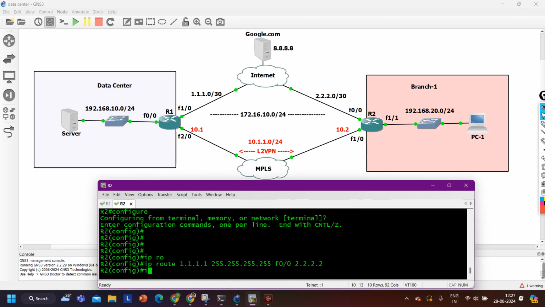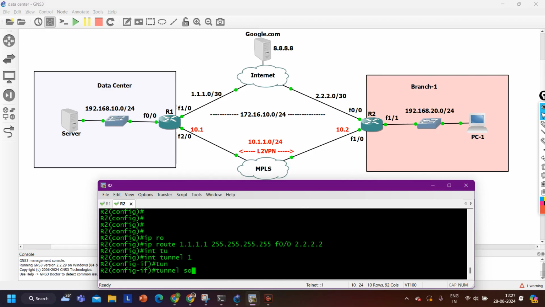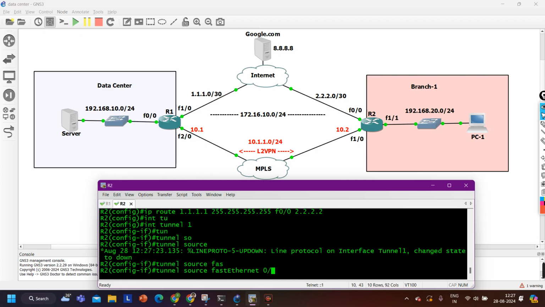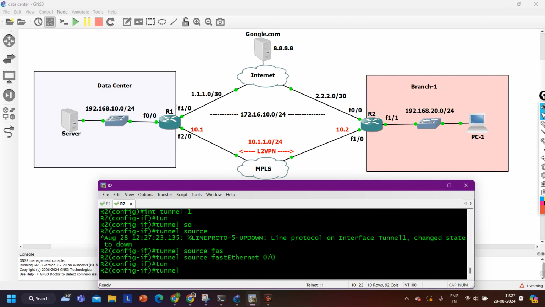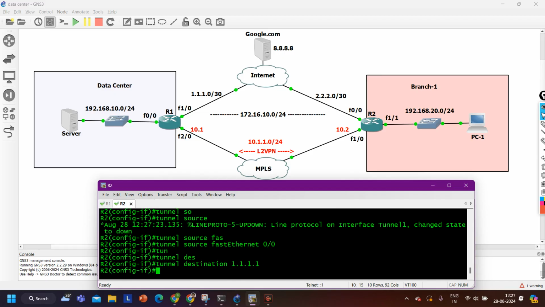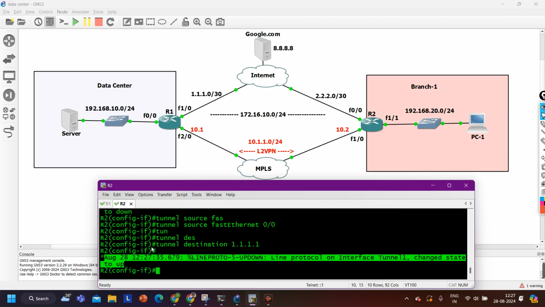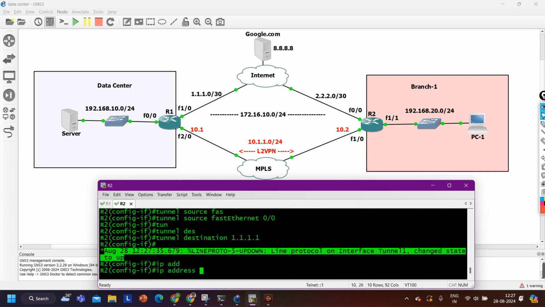Now on router number 2, interface tunnel 1, and here say tunnel source, again FastEthernet 0/0, and the tunnel destination 1.1.1.1, and both 1.1.1.1 and 2.2.2.1 are reachable with each other. So I have configured the tunnel source and tunnel destination, so that's why you can see my tunnel interface is up. Now IP address 172.16.10.2